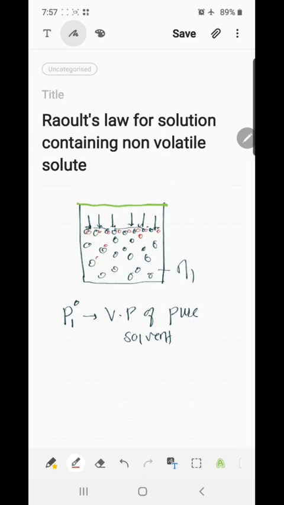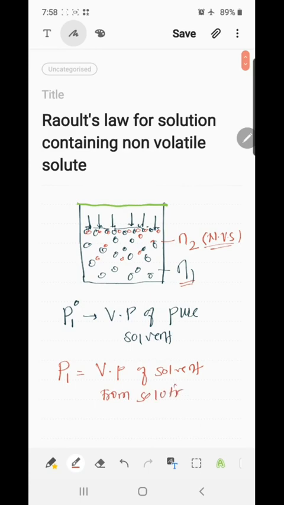Okay. In the solvent, if we dissolve some non-volatile solute at the same temperature, say we dissolve N2 moles of non-volatile solute in N1 moles of solvent, then as we discussed earlier, by addition of non-volatile solute in solvent, the vapor pressure of solvent decreases. Now suppose that P1 is the vapor pressure of solvent from solution,